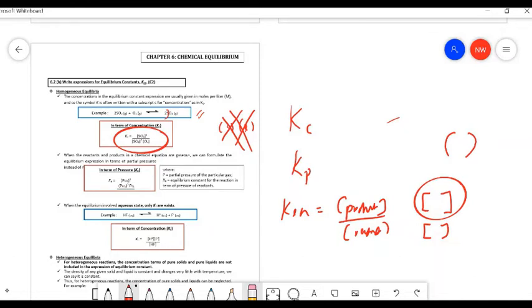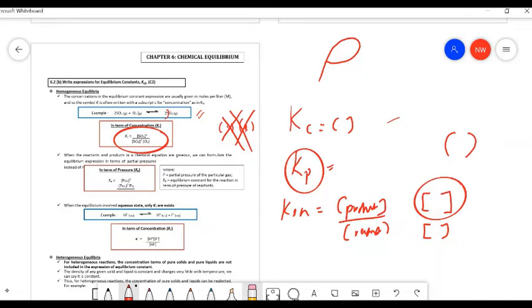Okay, so when the reactants and the product in the chemical equation are gases, we can formulate the equilibrium expression in terms of partial pressure. Kalau tadi Kc in terms of concentration, berbeza dengan Kp. Kp in terms of kita punya partial pressure. That's why kalau tengok, you kena ada bentuk P macam ni. Okay, ini menunjukkan partial pressure of the gas. So Kp equal to